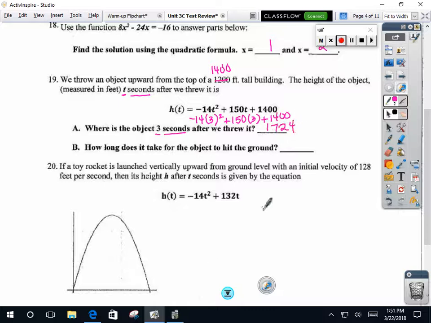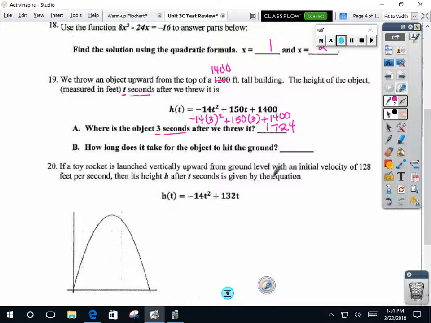1,724? Okay, so that's how high it is in the air after 3 seconds. So really, this should not say through. Because even though, yes, it's starting out at a 1,400 foot tall building, I don't think anybody can throw something 324 feet in the air, especially in 3 seconds. But yeah, they're throwing it